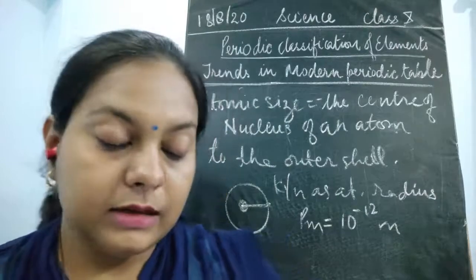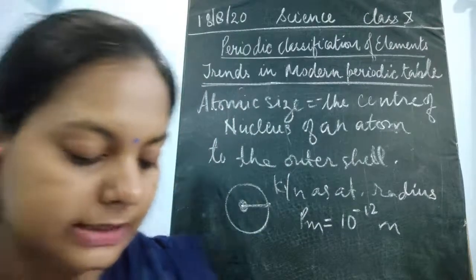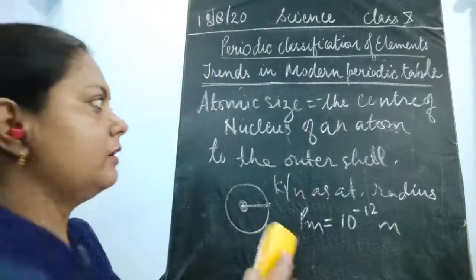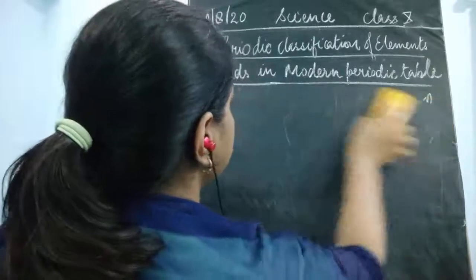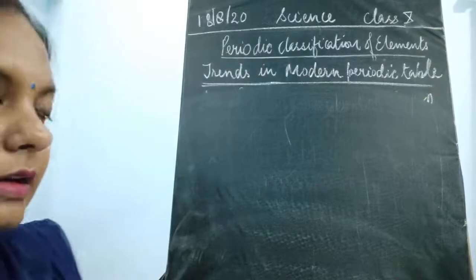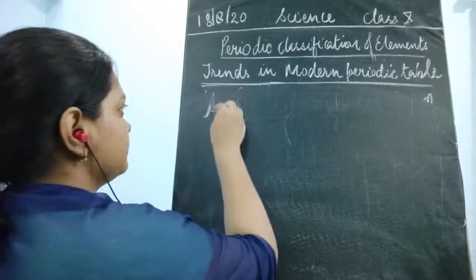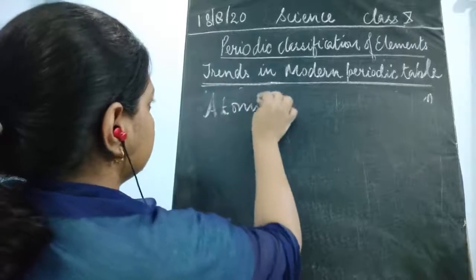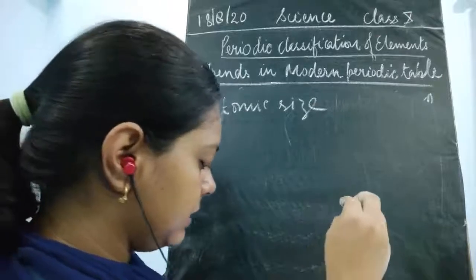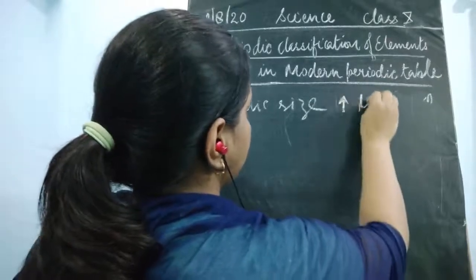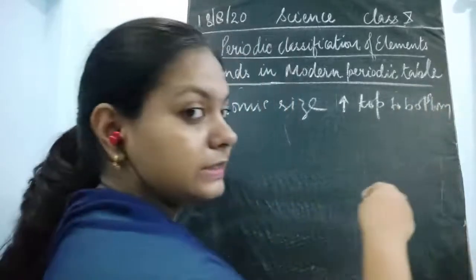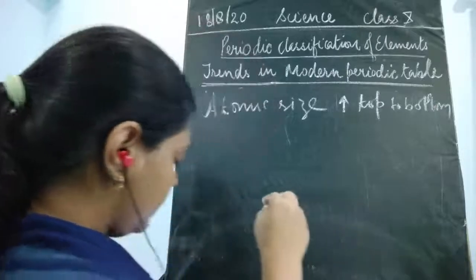For example, how would you calculate the atomic radius of the elements of the second period? Let us find out with an example. So what is the trend of the atomic size in the group as well as in the period? The trend says that it increases from top to bottom in a group,